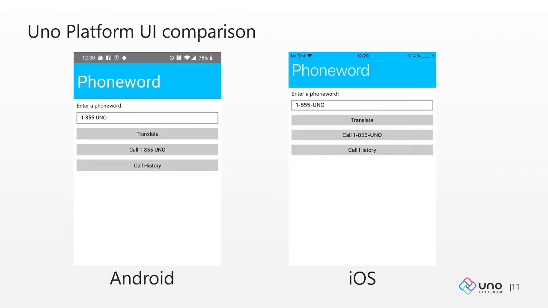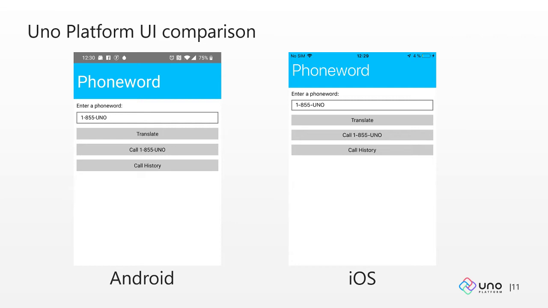And if we now look at the same kind of example as before with Xamarin.Forms, we can see that now for the same XAML, the application looks almost perfectly the same. There are some differences because of different default font, but otherwise the buttons look and behave the same, the text box is the same, and it just is the same experience, and it is consistent.